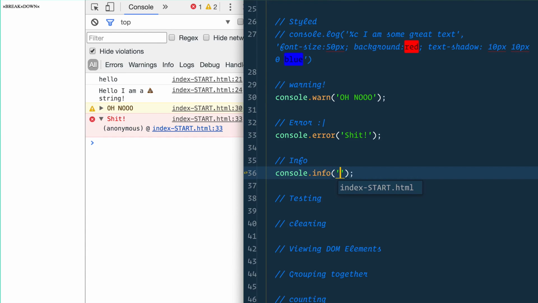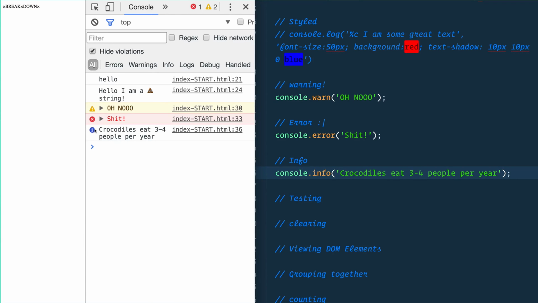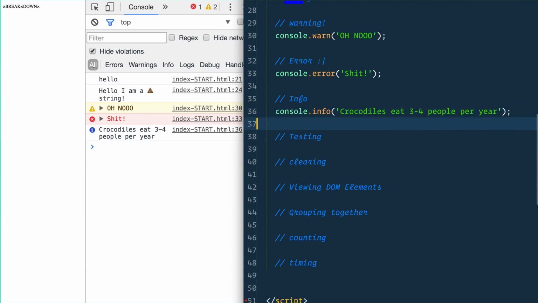Like, hold on, let me find you a fun fact here. Crocodiles eat 3 to 4 people per year. That's a fun fact. It should be console.funfact, but it's info, and it'll give you the little info one. You can use